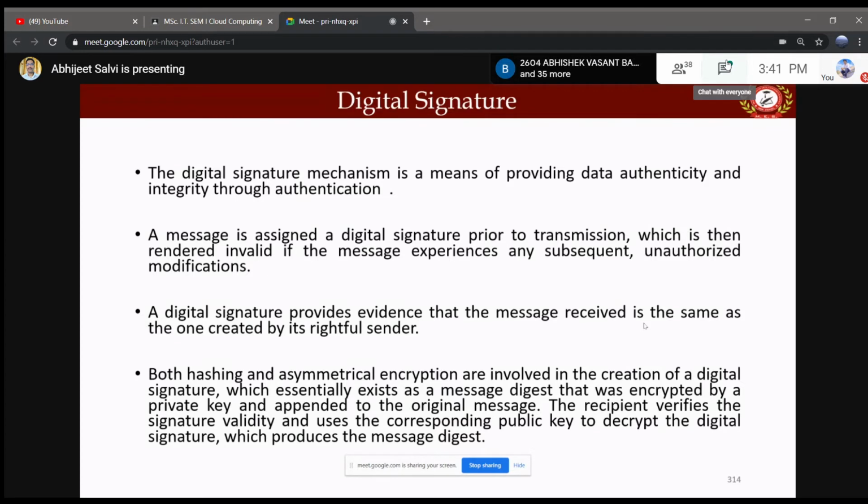In addition, you have to make sure that the signature isn't fake. That is non-repudiation: when you use a digital signature, it's not going to be a fake signature, and you can prove or authenticate that. Especially, we call it non-repudiation.